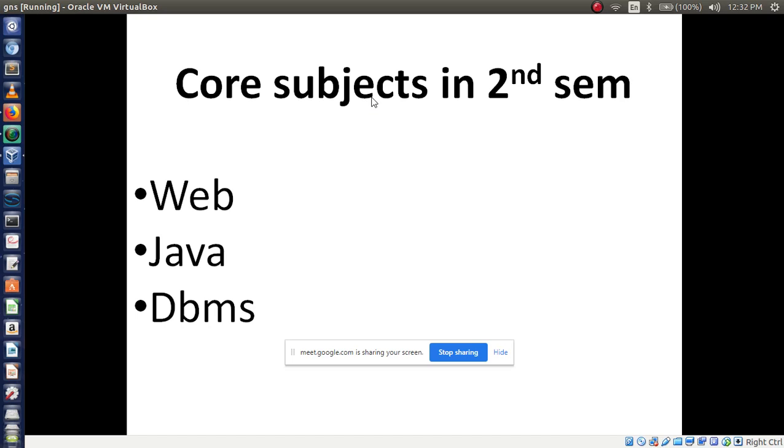In the ul tag you have to write li web, then close the li, then li java, close the li, then li dbms, then close the li, then close the ul. Write this code, then send it in the WhatsApp group fast. Within 1 minute you have to write code for this, because I already told you how to write it. Fast. Everybody has to write the code. Come on, fast.